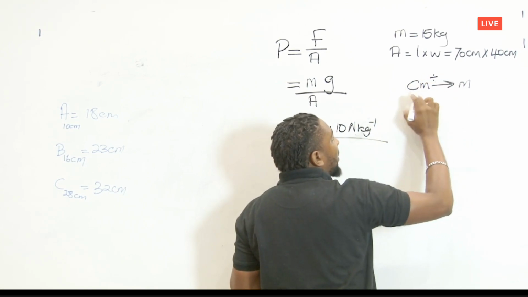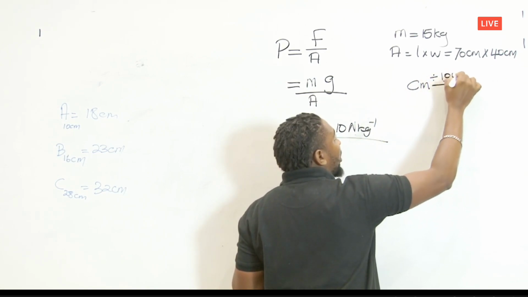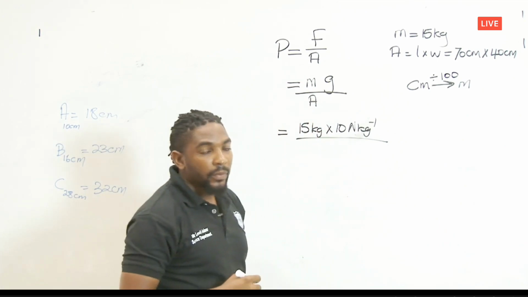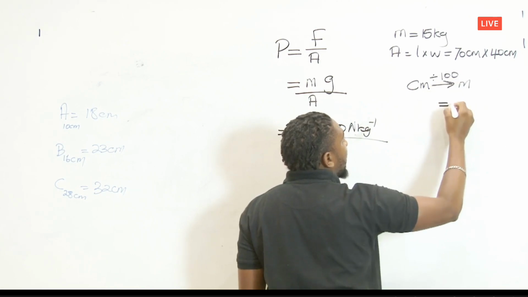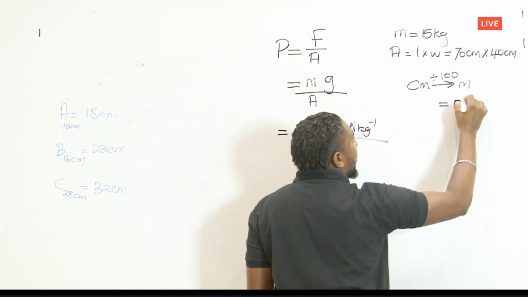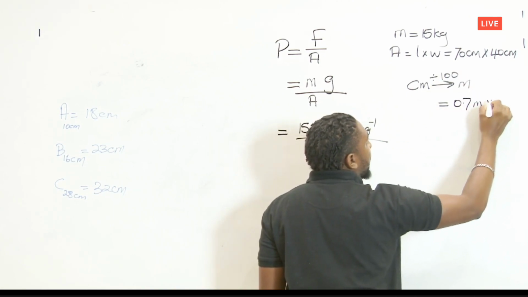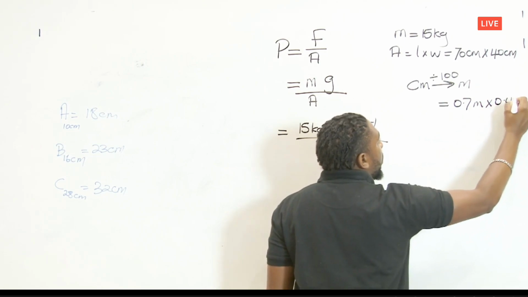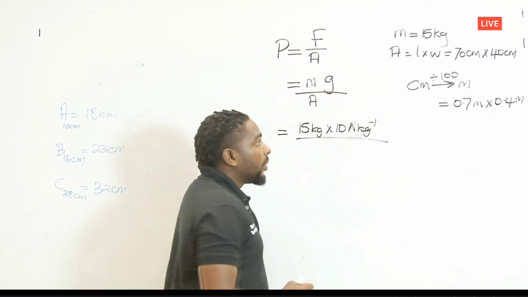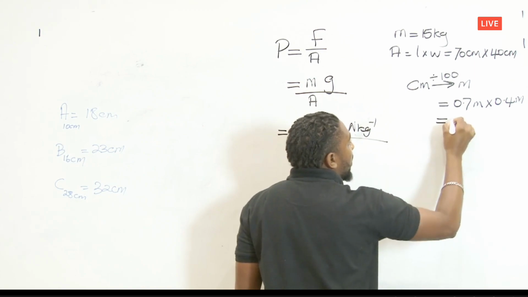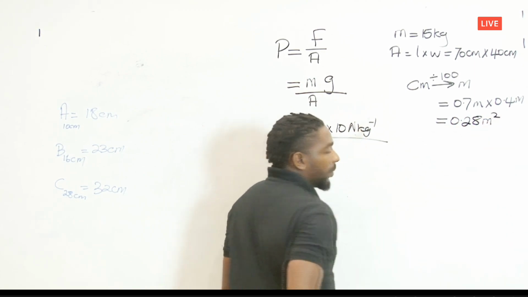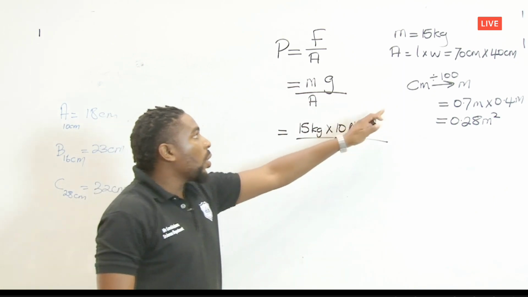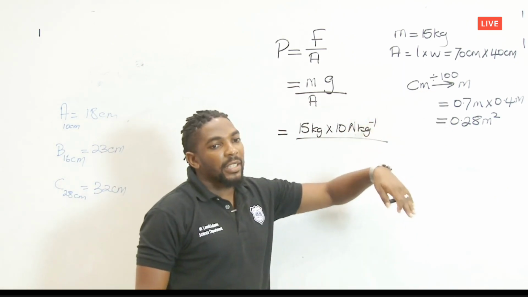So to convert centimeters to meters, we are going from a smaller unit to a larger unit, so we divide. And we're going from centi back to the unit value, so we divide by 100. So we divide each of these values by 100. So we're going to have 0.7 meters multiplied by 0.4 meters. Good? Which gives us a value of